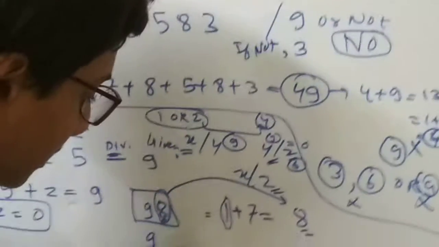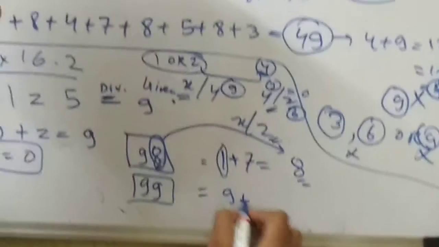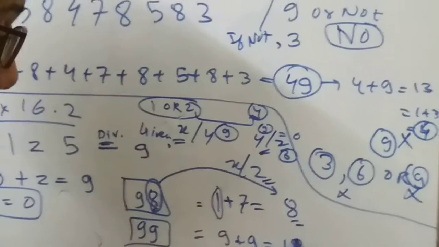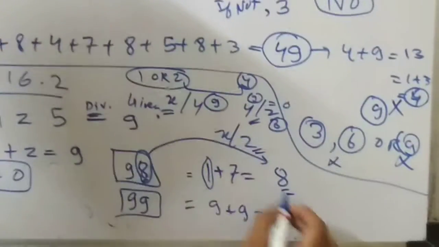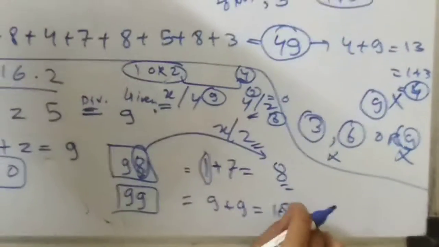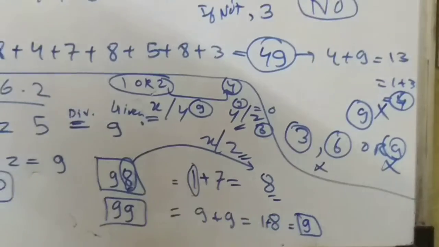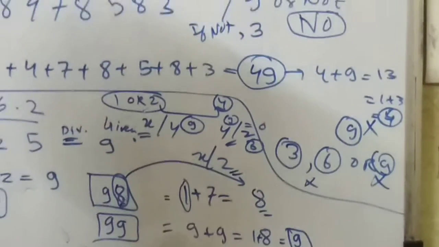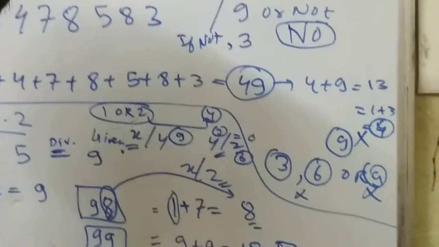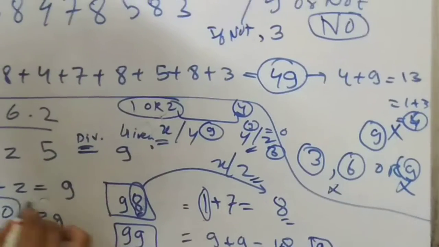But if I put here 99. 99 is what? 9 plus 9. 9 plus 9 is what? 18. 18 means again a 2-digit number. So, can I write here like this? Which is what? 1 plus 8, that means 9. Again we got the same result. In case of 90 also we got the same. 9 plus 0, 9. You can see here, 9, 9. So there are two answers. There can be 0 or 9.